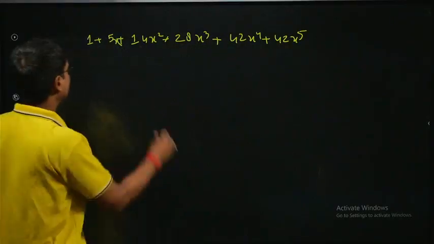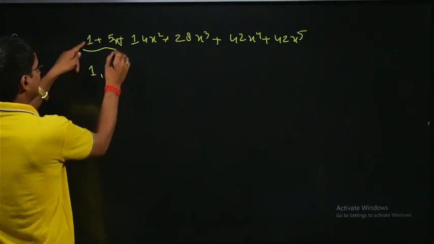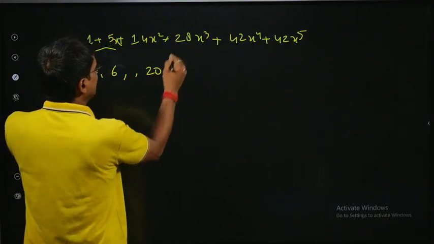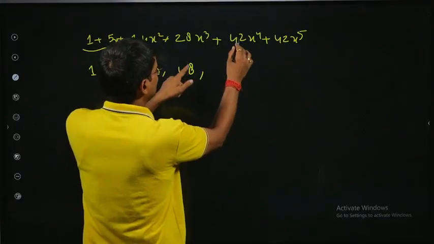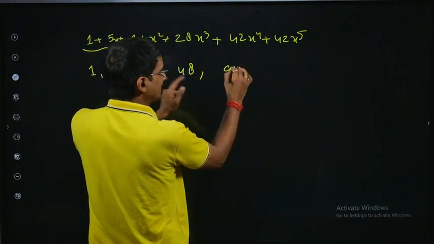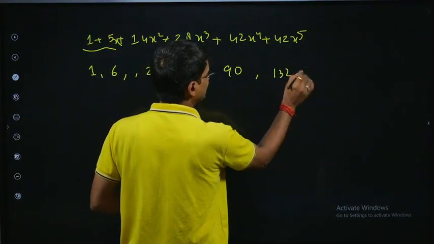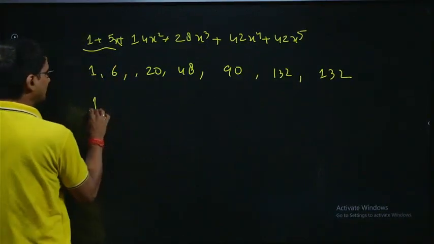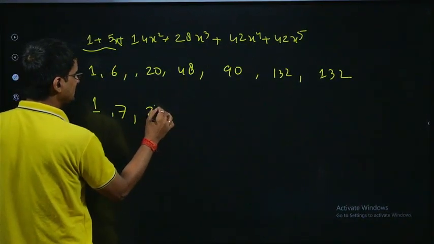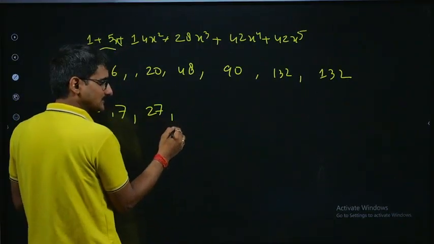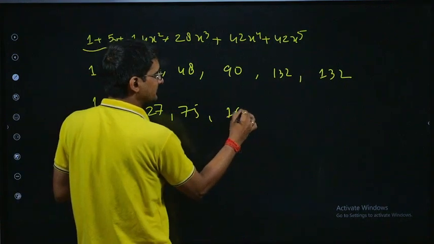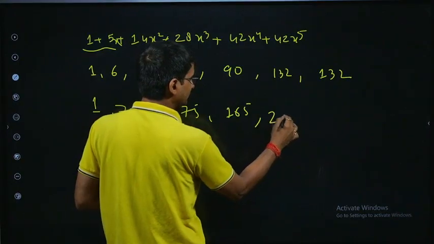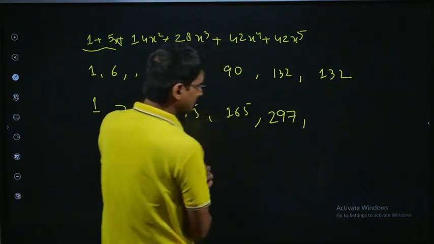Okay, so I did it. Next I am writing it directly. 1, add them, 6, add them, 14 plus 5 plus 1 is 20, add them, 48, this is x cube, I am writing it under it. This is 90, x raised power 4, and then 132, x raised power 5, and then the last will be 132, same. So 6, then add them, 1, 7, 27, 27 plus 48 is how much? 75, 90, 165, 132, if I am not wrong, 132, 297, and then again